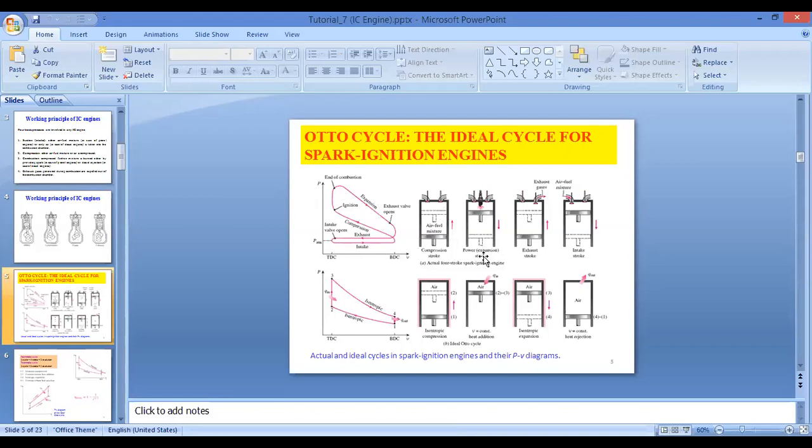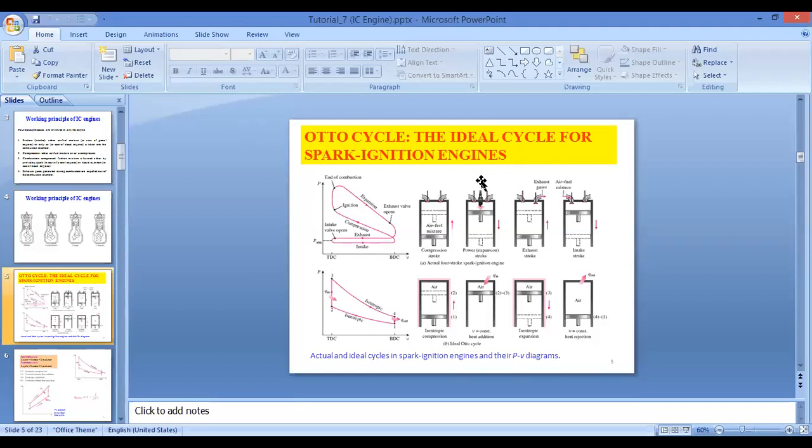Now we have compressed the air fuel mixture and our piston is at the top dead center. Now our second stroke is the heat addition. Heat addition takes place at constant volume for the Otto cycle. What is the meaning of heat addition? As soon as we compress it, the spark plug will ignite the mixture. So we can also call it a heat addition process. During this process 2 to 3, we are adding the heat. In short, we are igniting the mixture with the help of a spark plug.